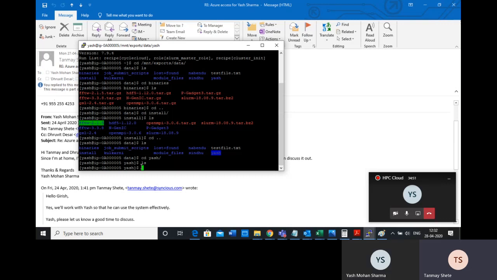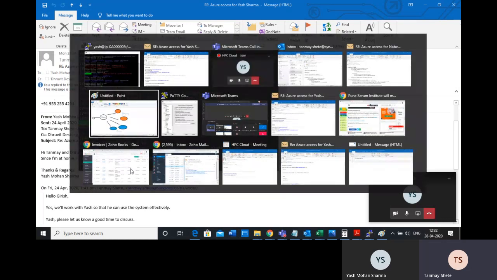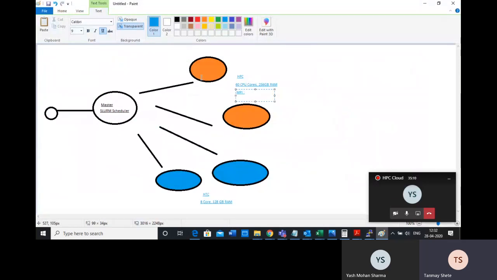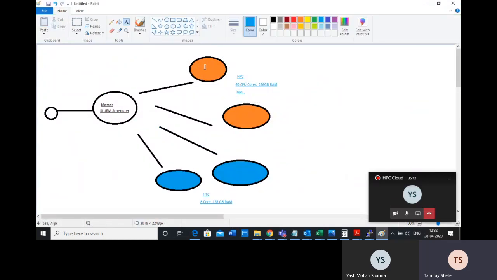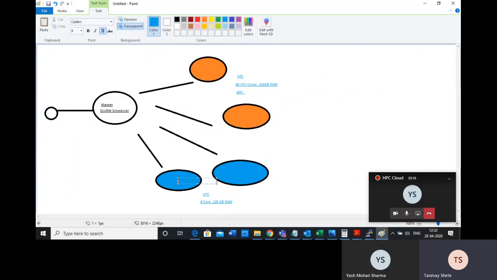Now remember that this is a master node, right? You connected to the master node, and within the master node you have a directory called Yash. But interestingly, at the same directory location, all the other machines can also see this data. All the computation machines that you can see here can also see the data kept in this location that I shared on the master node.